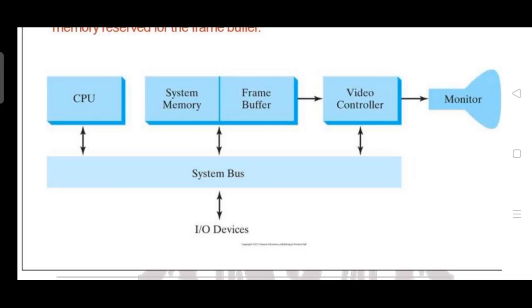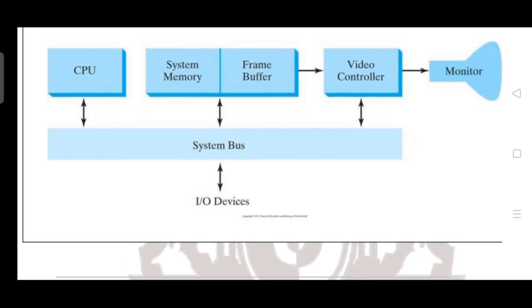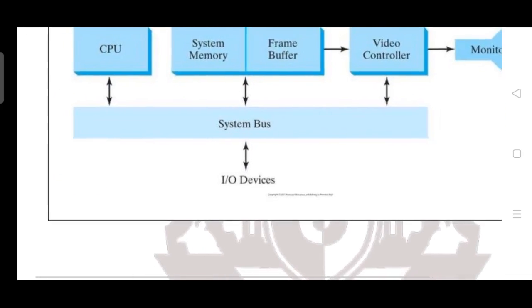As you can see, the CPU is on one side, then we have system memory, and the thing you need to observe here, especially for computer graphics, is the frame buffer. The definition of the frame buffer is the area where image related or graphics related things are stored in terms of pixels. This you need to understand. So the representation of the frame buffer is important here, then the video controller followed by the monitor on the other side, and the IO devices, as usual, on the other side.